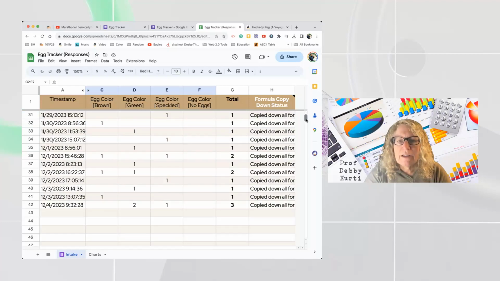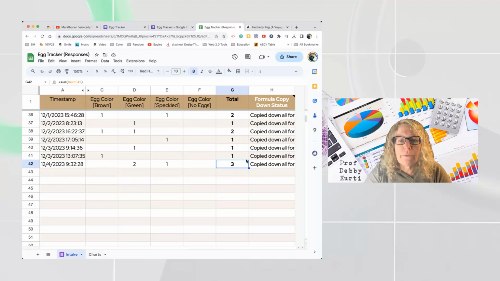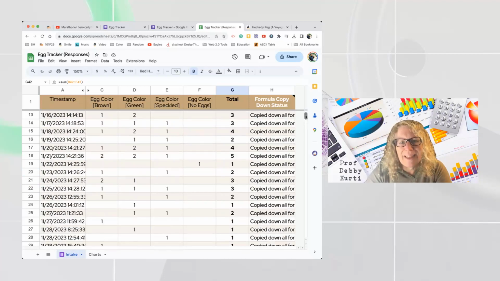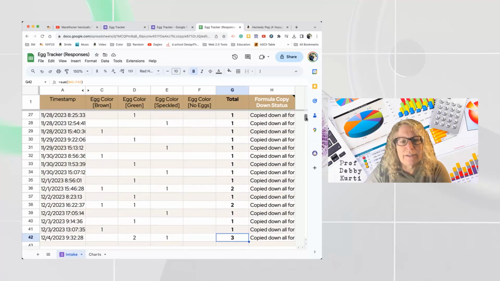instance. So down here, you'll see that I got 3. And what copy down does is it takes that formula and it just copies it every time something gets entered. It copies that in. Okay, so that's kind of interesting. I can go line by line, but still, after a while, you can see that's going to get really